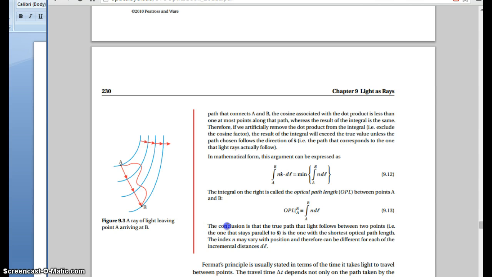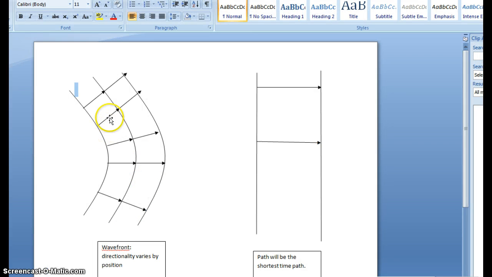So there we go with the conclusion that the true path that light follows between 2 points is the one with the shortest optical path length. And the index can vary, obviously, with respect to position, which as a result means it's time dependent, not spatial dependent. So, depending on it, we may not be traveling in a straight line. There may be